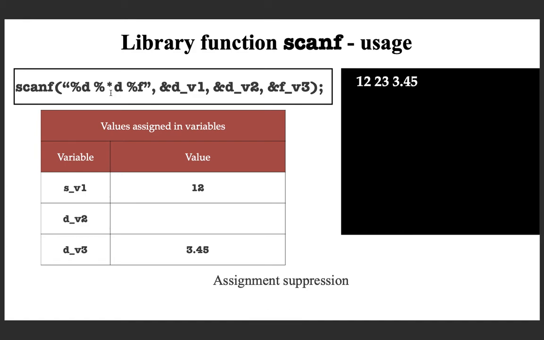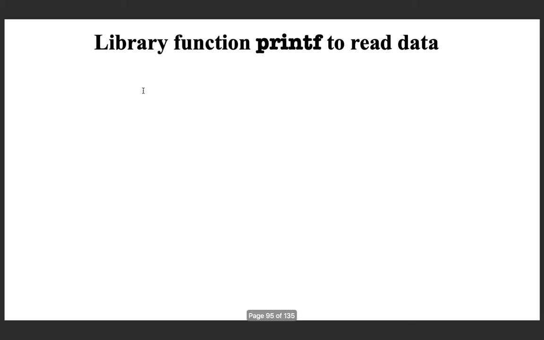Now we finished a basic discussion on the input statement, and as a homework exercise you see which are the control characters after percentage. We have seen d for decimal integer, u for unsigned integer, then c for character, f for floating point. You see which all characters are permitted. Okay, refer to some book or any document and see.